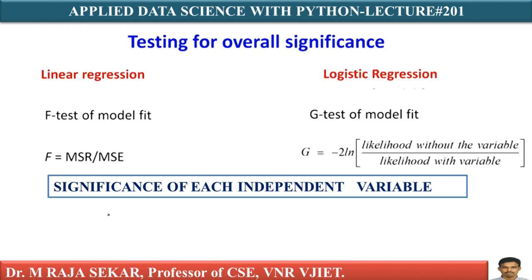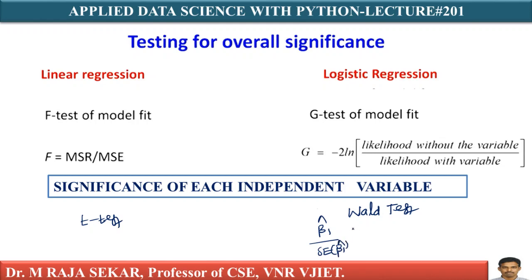The equivalent test in logistic regression, to test the individual significance of each independent variable, is called Wald test. Here you have t-test. The corresponding test is Wald test. This Wald test is nothing but estimated beta i. I already explained the formula for your Wald test: beta 1 cap, the estimated coefficient, divided by the standard error of beta 1 cap, isn't it?